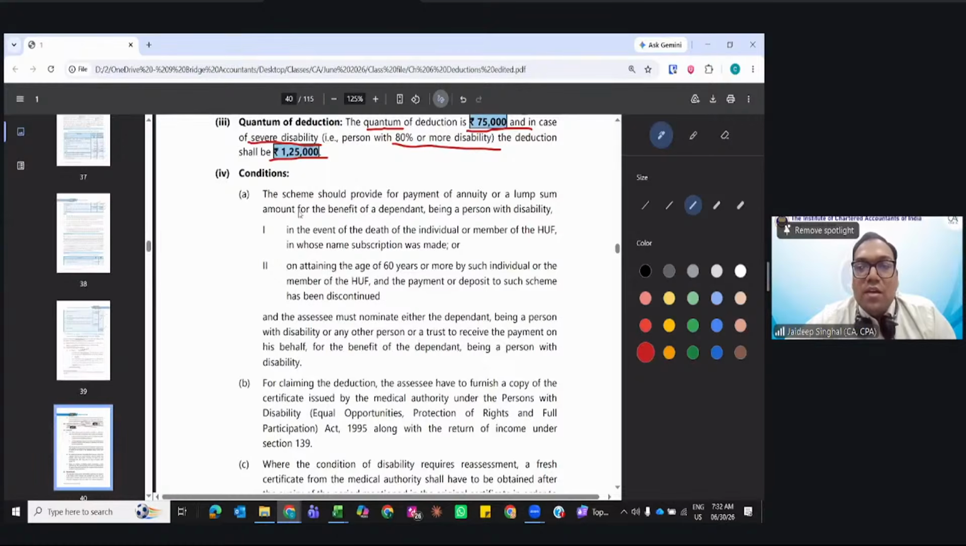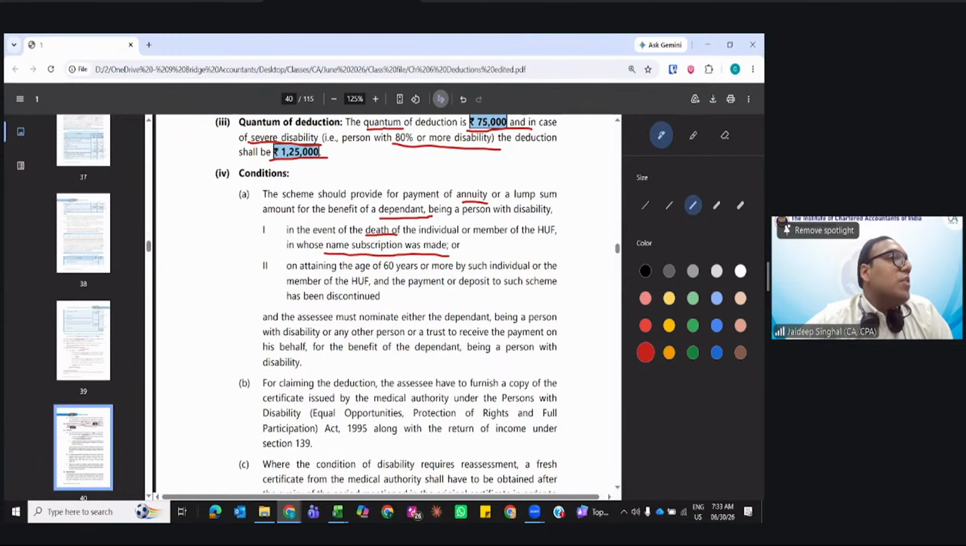The scheme would provide for the payment of annuity or lump sum amount for the benefit of the dependent. Suppose you have taken an insurance scheme that provides an annuity after you attain a specific age, or a lump sum payment for the benefit of the dependent, because the policy is for the dependent being a person with disability. In the event of death of the individual or member of HUF in whose name subscription was made,